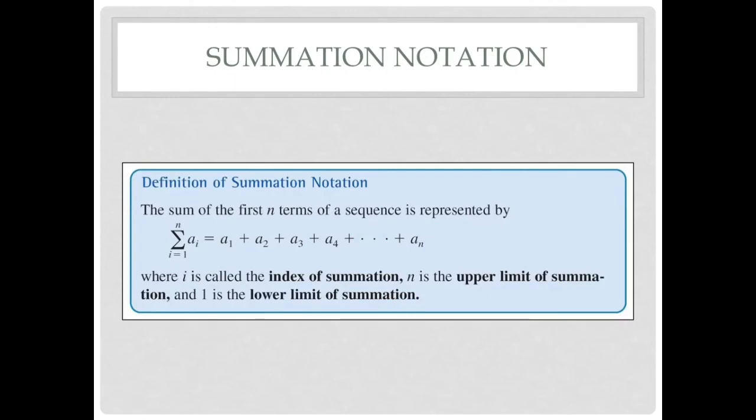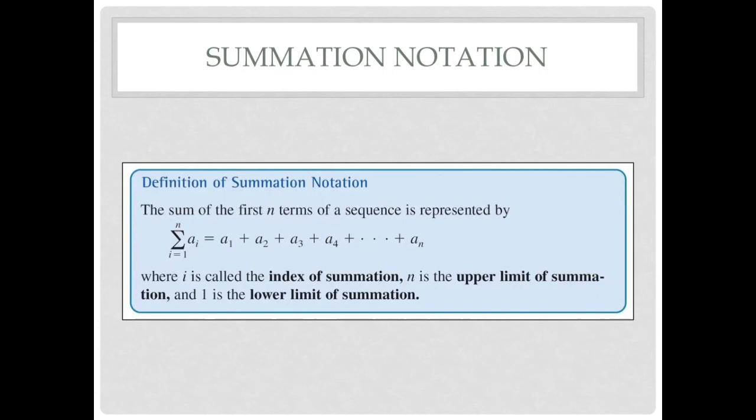Okay, so our last concept to talk about for this section is summation notation. And summation notation just is a different way of writing down that we're adding a bunch of terms together. So this is your summation notation, and it symbolizes that we will be adding all of these terms together. When you're reading summation notation, this a sub i is going to generally be a formula, like what we had when we were finding the term for a sequence. i equaling 1 tells you what to plug in for the first term. So you'll be plugging in a 1 into your variable to find the first term,